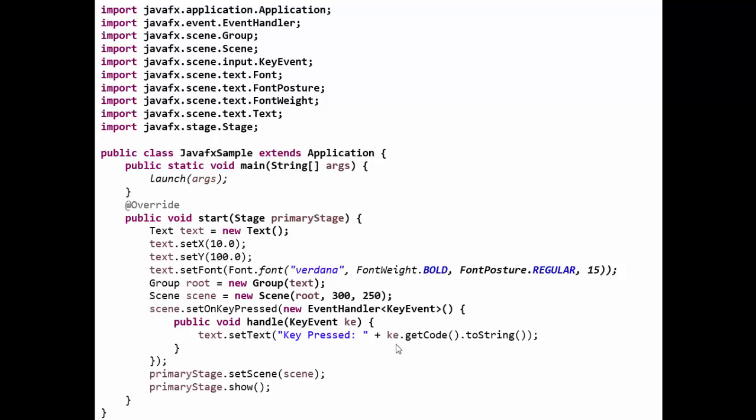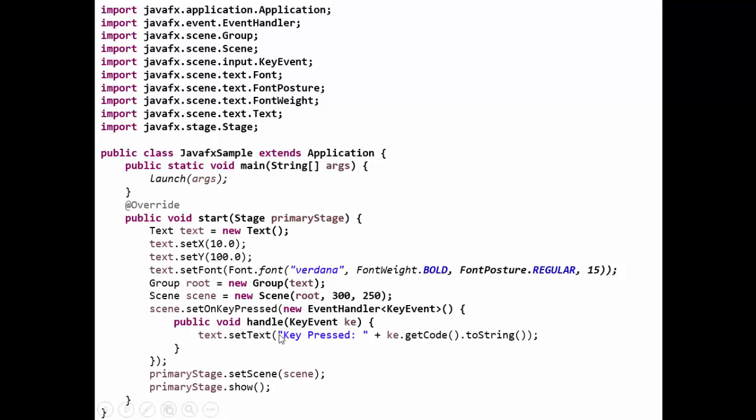We want to first of all get the code, and that code is to be converted to string by using the method toString. So KE, the key event reference, as you can see, KE.getCode().toString(). So this code which gets converted to string is displayed onto the text by using the method setText.